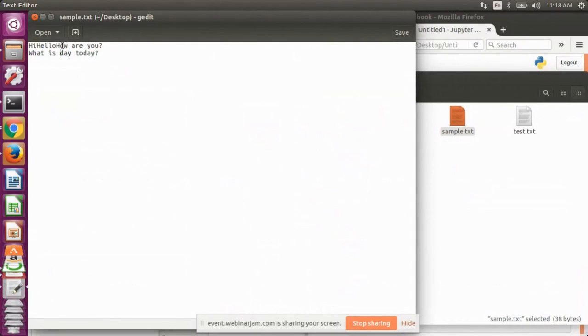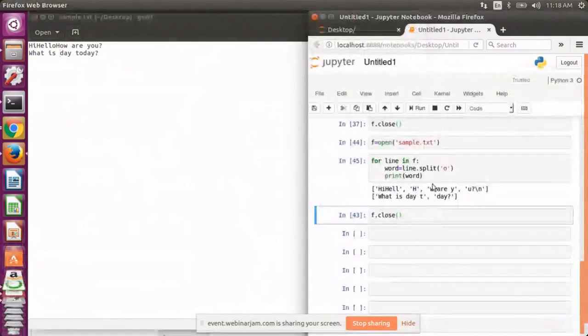Now after the H there's an O, so how got broken into H, and the remaining set of words are here W R Y, and U was consisting of O also, so it breaks the words into U and O. Then in the next line, today was the single word that was containing the letter O. So whatever was before O in today gets concatenated with the T. So the first word becomes T, and the next word is day.